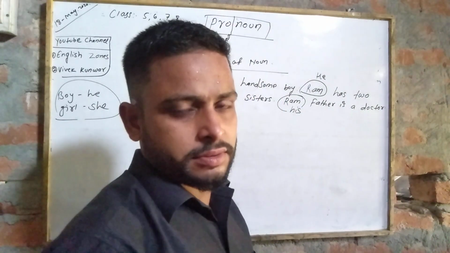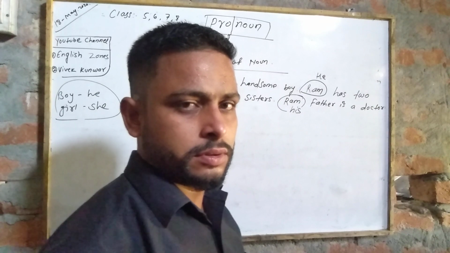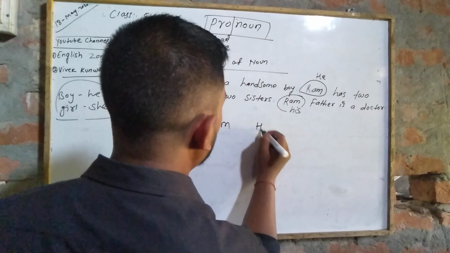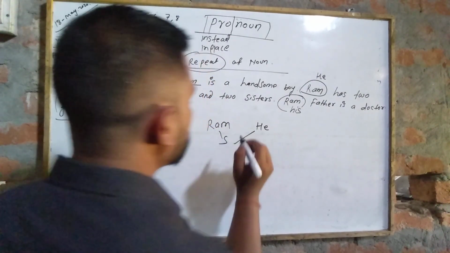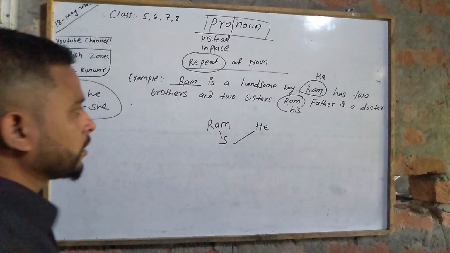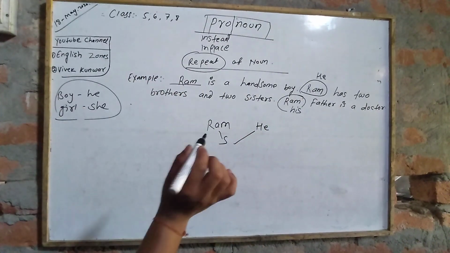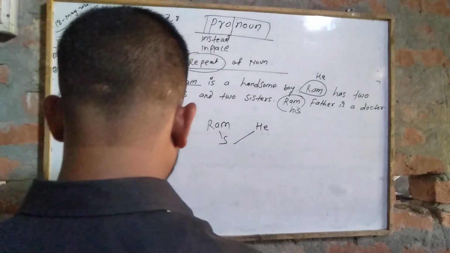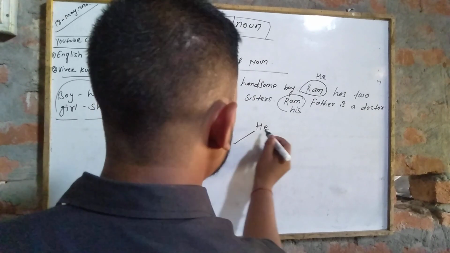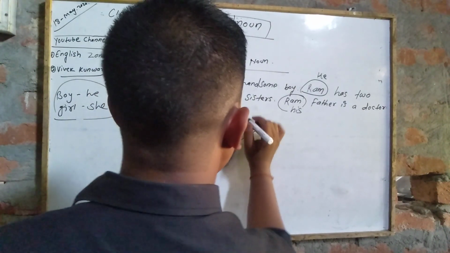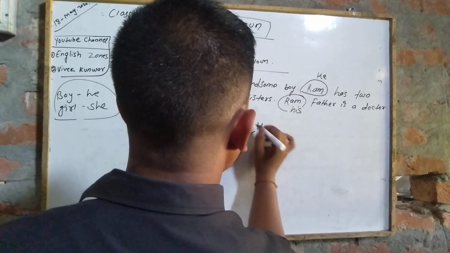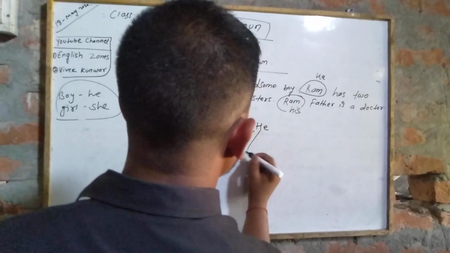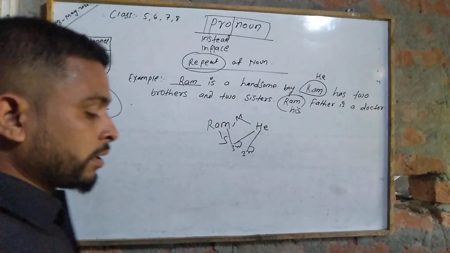You can imagine that. Ram is singular, he is also singular. Ram is male, he is also male. Ram is third person, he is also third person. All these are the same, but